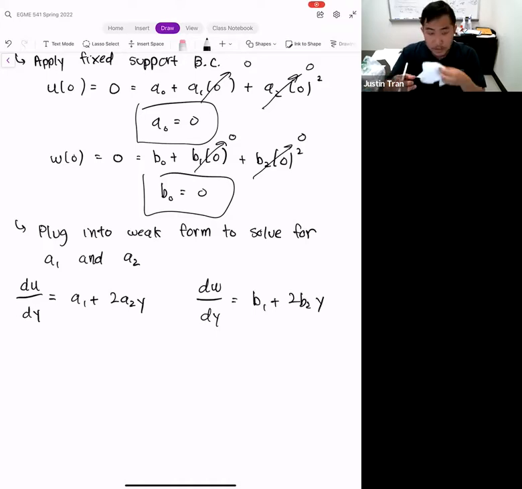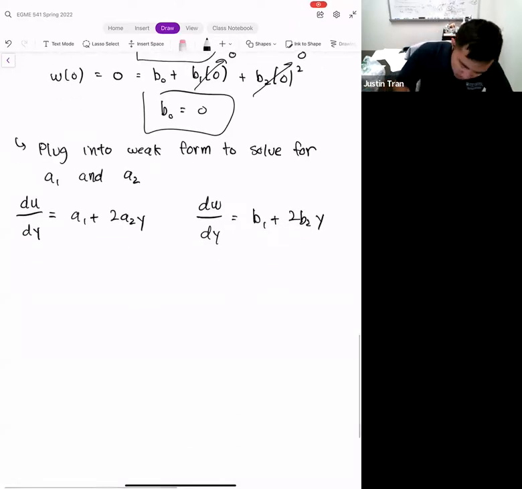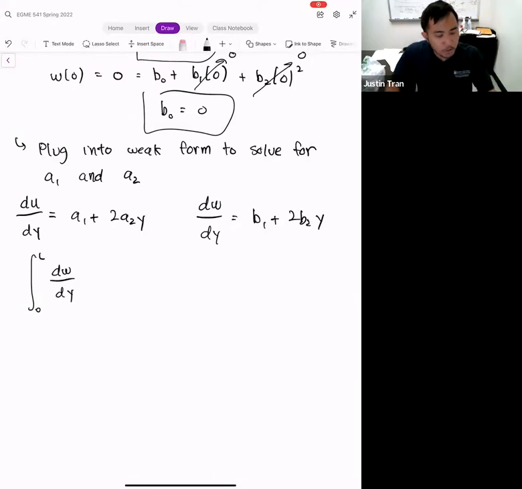And so let's go ahead and plug this into our weak form. We have the integral from 0 to L of dw/dy. I know our original weak form had derivatives with respect to x, but x and y, as long as it's still 1D, you can kind of interchange one or the other. So dw/dy, E times A, du/dy